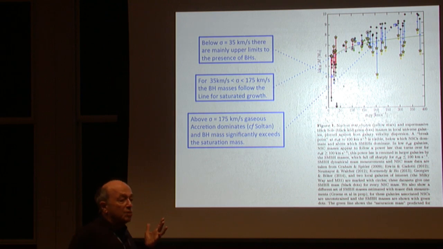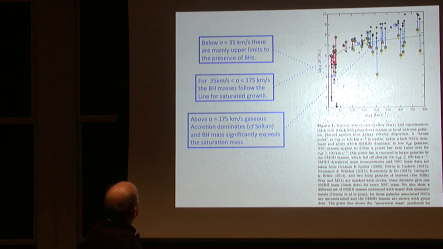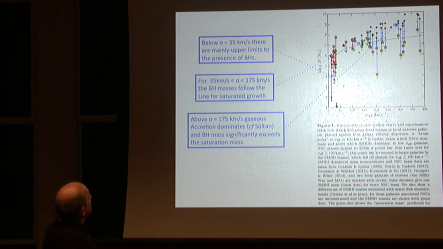And those we know grew by accretion, via the Sultan and also Scott Tremaine's argument. So below 35 kilometers per second, the upper limits. At around 35 to 150, they follow the line for saturated growth. And then above that, they are